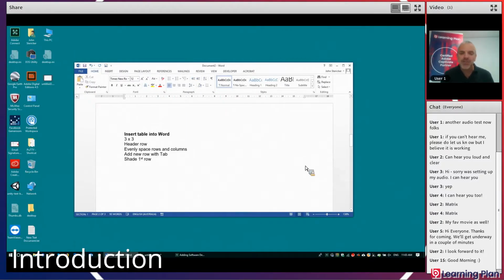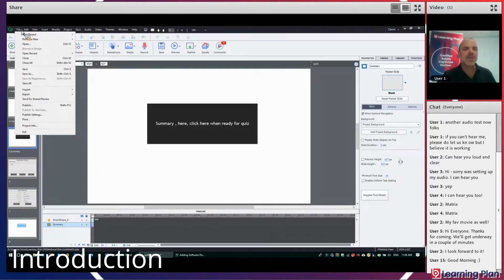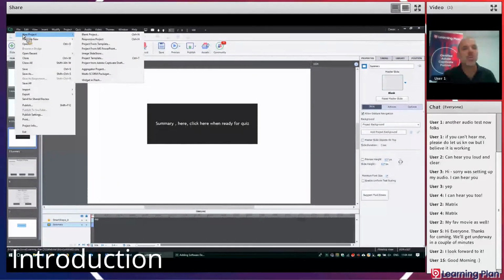Today is about creating software simulations or software training in Captivate. So there are a couple of ways of doing software simulations and video demos, and we're going to go through